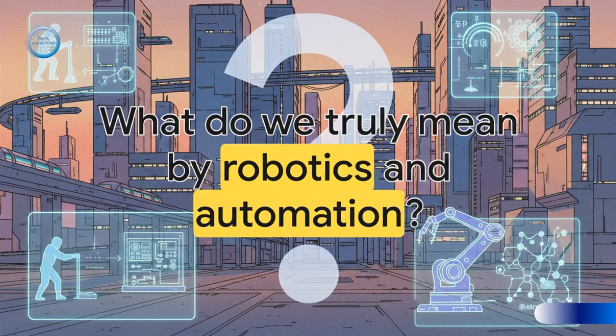And that right there brings us to the absolute core of what we're doing today. In everyday chat, people throw around robotics and automation like they're the same thing. But for us, for anyone in tech, engineering, software, that distinction is absolutely crucial. I mean, mixing these terms up can lead to some seriously flawed project scopes, totally misunderstood capabilities, and honestly, some bad investment decisions. A precise vocabulary is the foundation of good engineering. So today we're going to build a rock-solid framework so we know exactly what we're talking about.